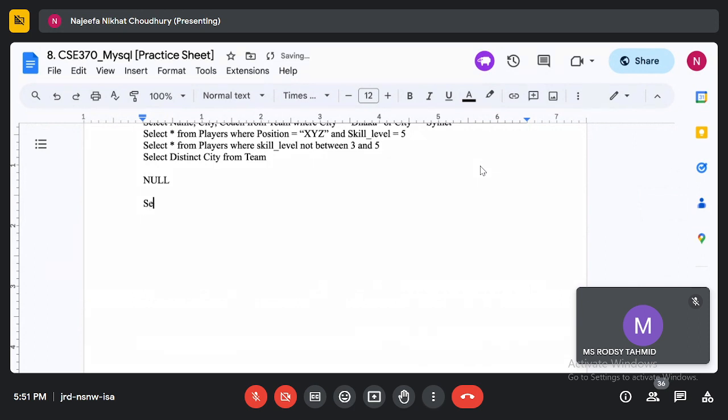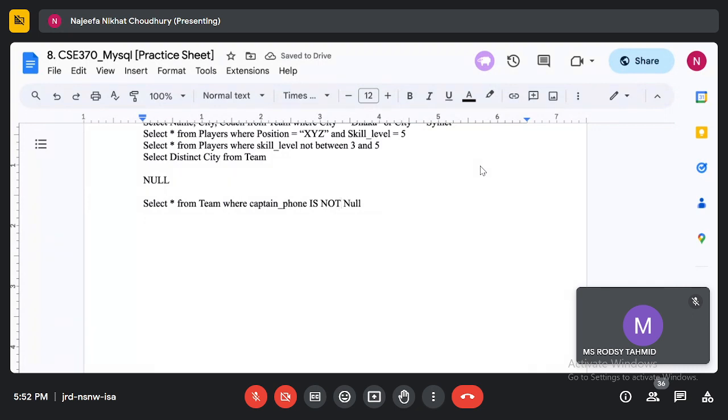So I want that. For null, I can do SELECT star FROM team WHERE captain phone. I'm not going to say equal to null. This is not going to work. Instead, the one I have to use is called IS. So I have to say IS NULL. Whenever a row has a null value for captain phone, that row will be selected. And if I want to choose all the rows where it's not null, I will just say IS NOT NULL, so WHERE captain phone IS NOT NULL.